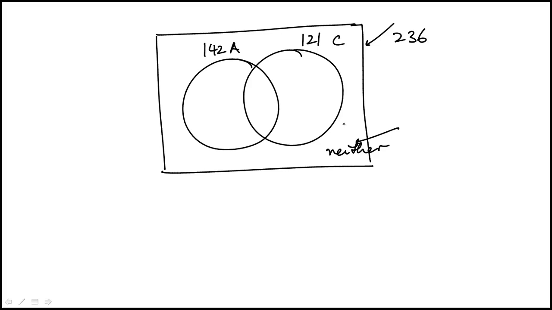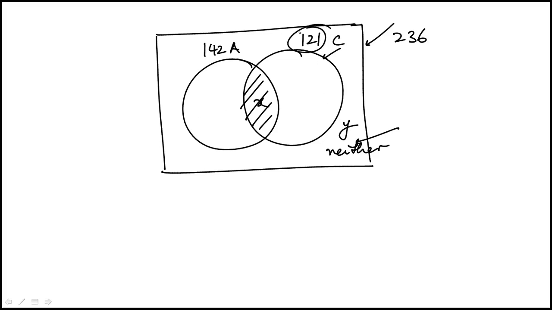I'm just going to call it Y. And then let's say X is the overlap. The question is, what's the greatest possible number of students that could have taken both algebra and chemistry, meaning how to maximize this overlap? So one way to visualize this is that I can slide this circle inside the algebra,